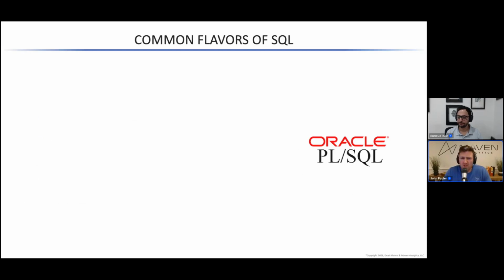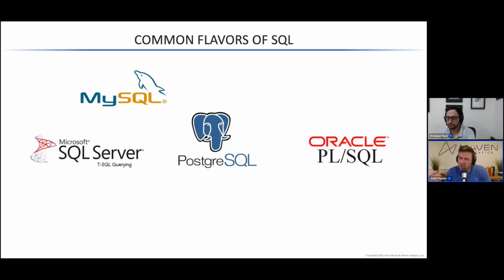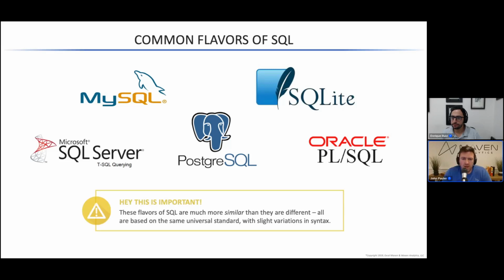So let's talk a little bit about some of the common flavors that you'll find of SQL. So there's Oracle and SQL Server. These are really your enterprise solutions. You're not going to use this as an individual on your machine, most likely. Next, we've got MySQL and Postgres. These are interesting ones because there are free implementations that you can use on your own machine, but they're also really, really widespread. There's little differences in the features. SQLite is another one here that is a little bit less widespread, amazingly easy to install and just get up and running really quick.